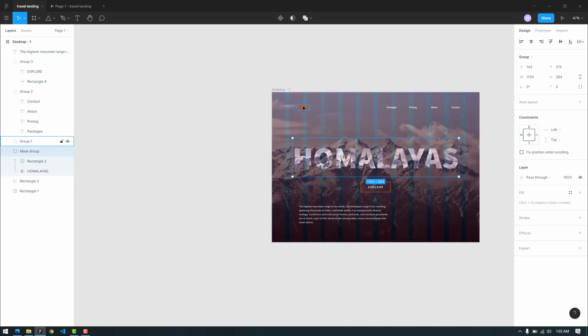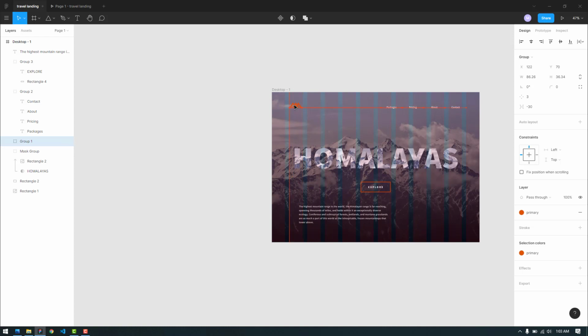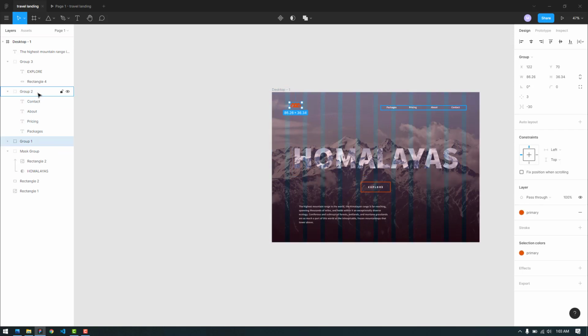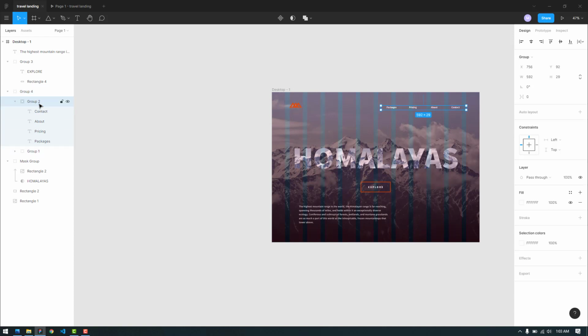We don't need to position them, but for the logo we can make it left aligned, and also for this one they are properly positioned. We don't need to do anything about that, although we can add both of them, this group and the navigation bar, which is this one, inside a group. Now inside the group we are going to make this aligned on the same line with this menu, so it will be vertical align center. Now let's hover on that, and they are properly centered.